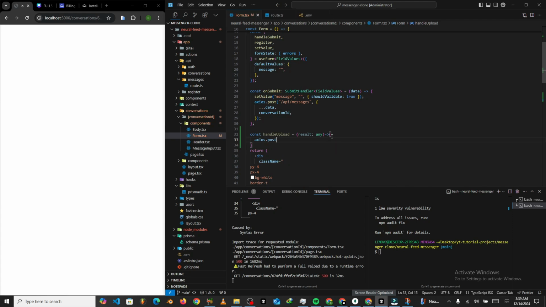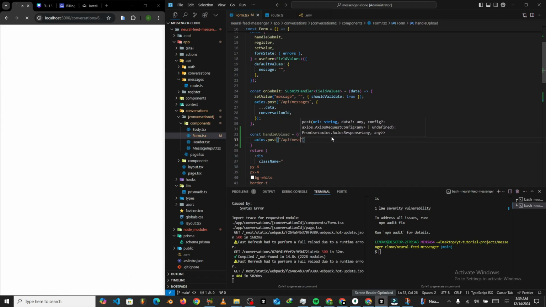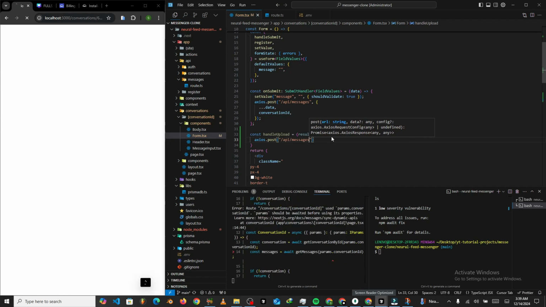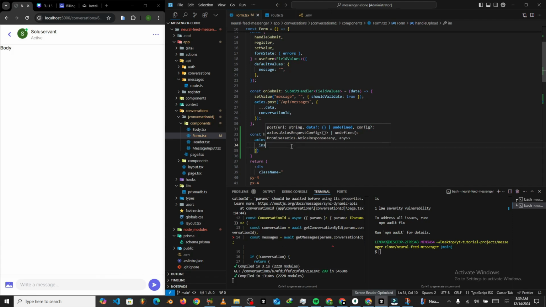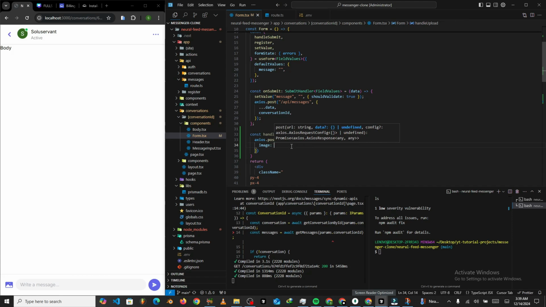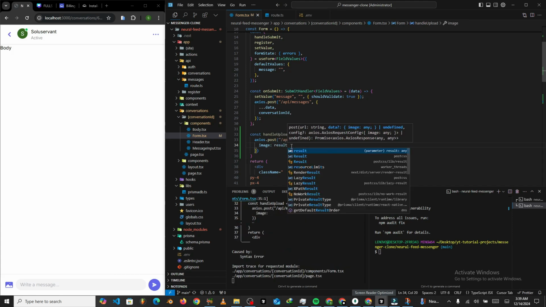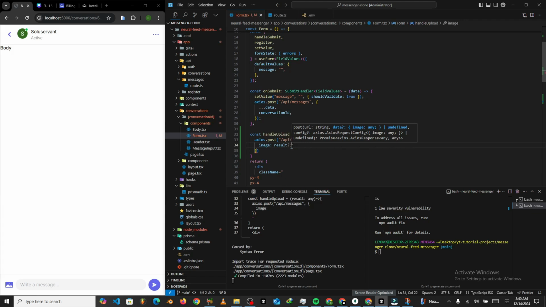axios.post, and then we are going to go into the API slash messages route over here. Then what we'll do is we just come and then create this body object here, then we'll pass in the image like this. So we'll say image results, so image is going to be the result object, right? Dot info dot secure URL,